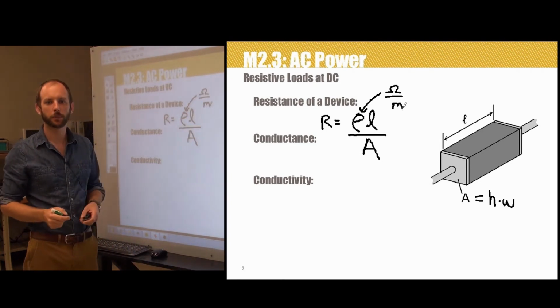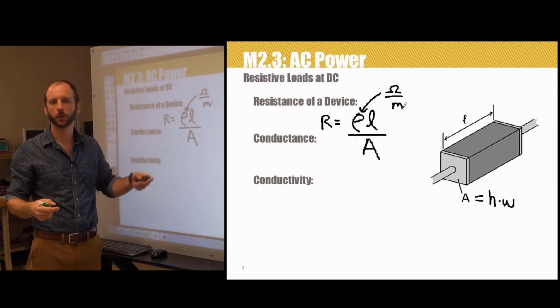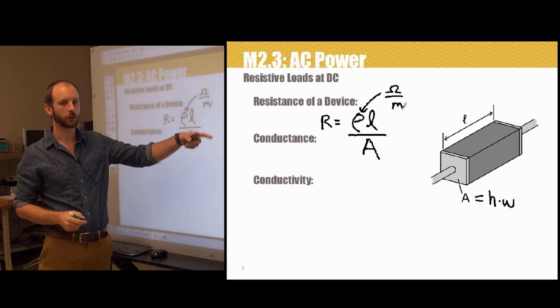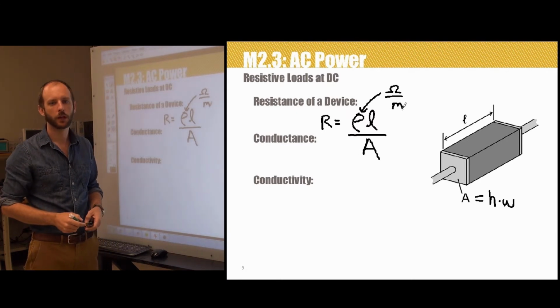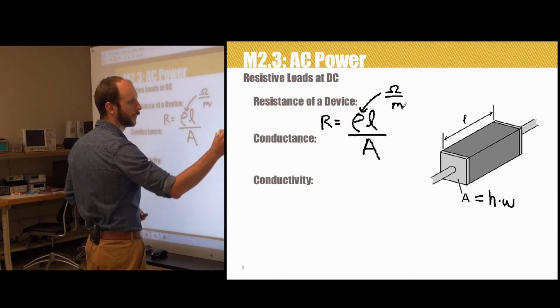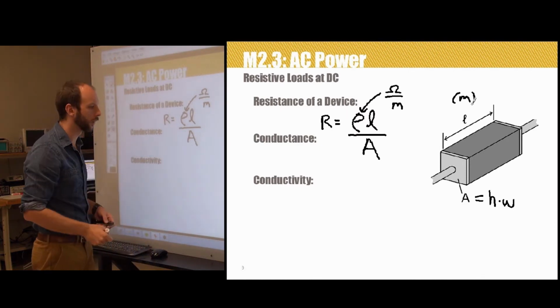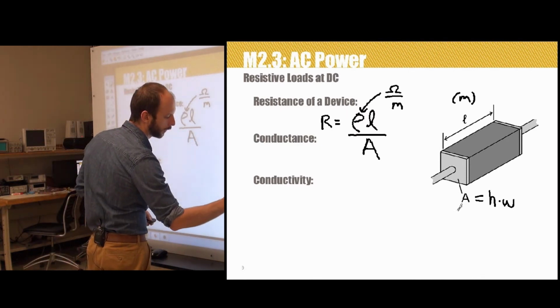And it's the material property. Most often you'll find this looked up. You'll look it up in engineering tables for different materials. L is the length of the material in meters. And again, A is the cross-sectional area in